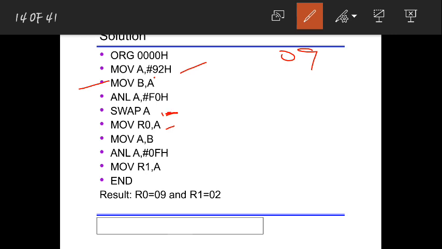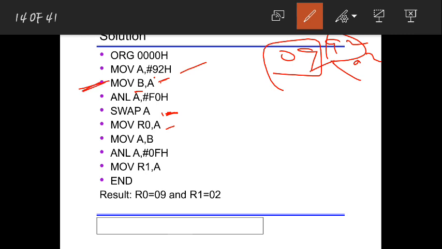After that, A will no more have 92, but again we need that packed data. Why do we need it? Because to extract 2 from 92, once we are extracting 09, we are trying to get 02. So already we got 9, so this packed data 92 should be stored in some register, right? So he stored it in B here, so that is the reason we have stored it here.